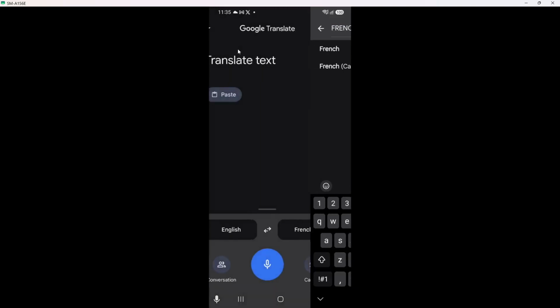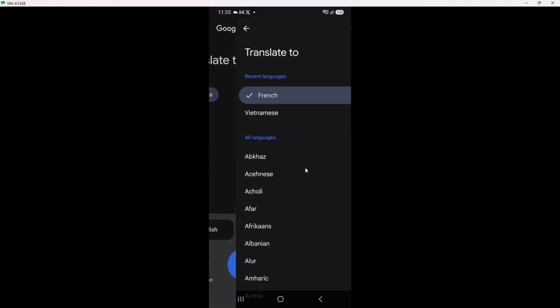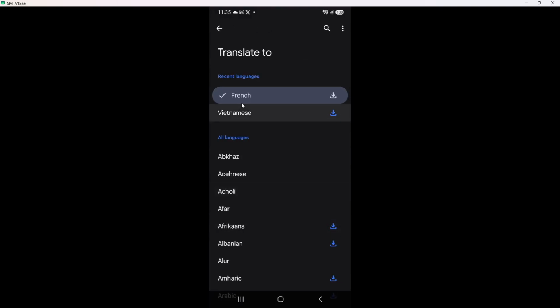Once you see French in the results, tap the download icon next to French. The icon looks like a small arrow pointing down. It sits to the right of the word French on the same line. When you tap it, the icon should react right away, and you may see a small prompt or a change in the icon, which means Google Translate is getting ready to save the language file onto your device.